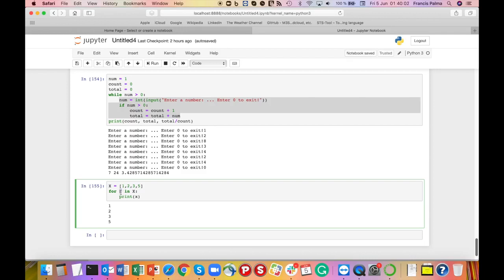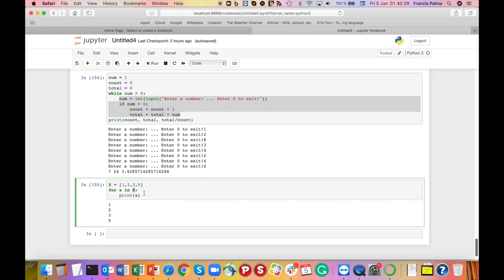In this case, this variable name represents each of the items in this list, then in, and then your main item, main list or set. You can also change these and have your own customized range. For example,